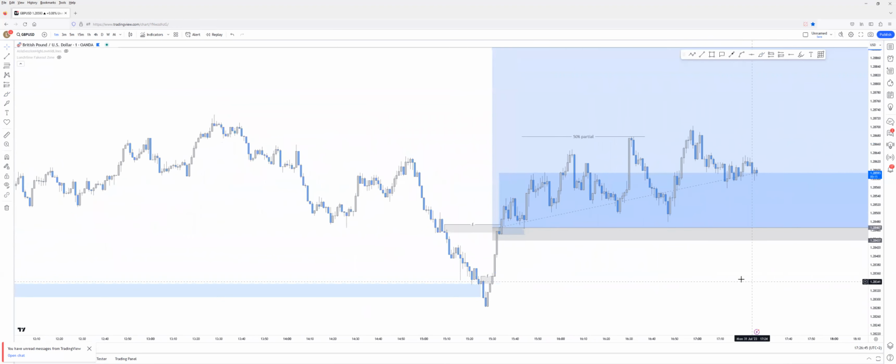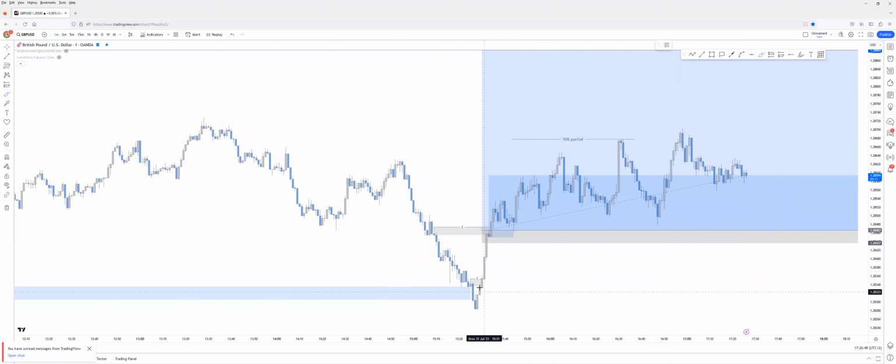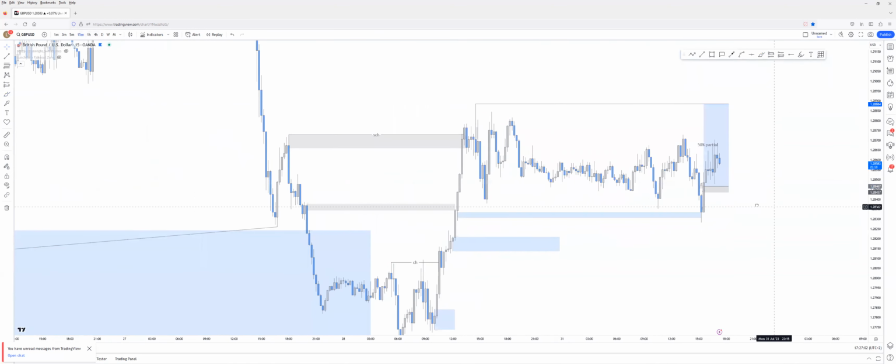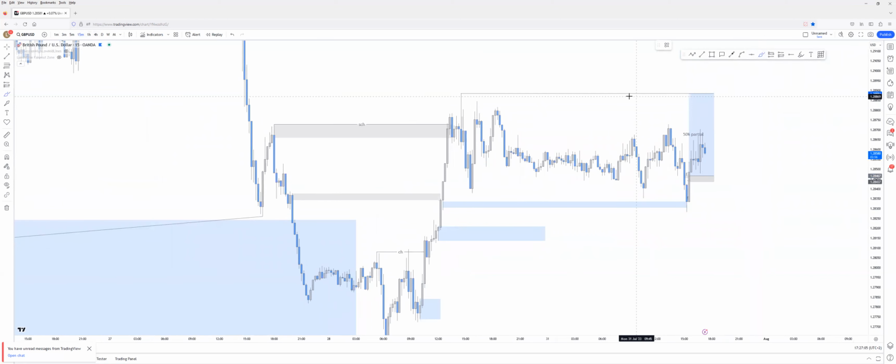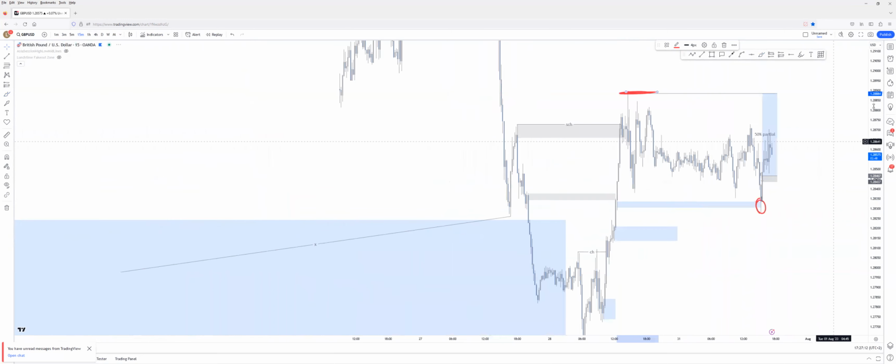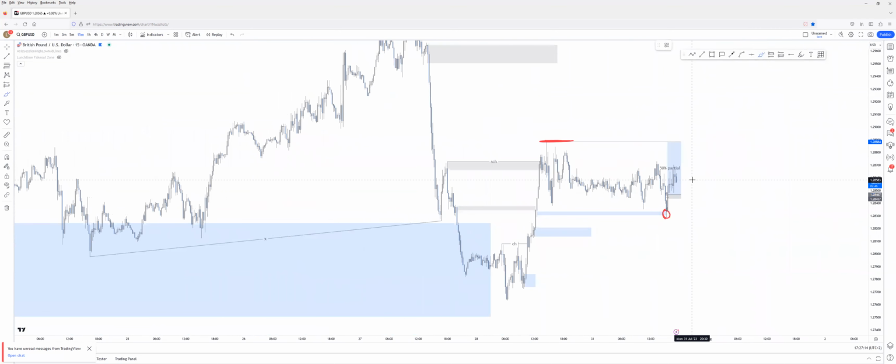Once again, the forecasted plan that I created for you was that if price mitigates this demand region and changes the character after the mitigation, then we will be able to take longs based on the character changing, flipping demand area, and we will be able to target the less recent 50-minute weak high point. And yes, I broke it down in the weekend forecast too: if price mitigates this demand, creates a change of character and the confirmation, we will be able to target this high point, because this is how the structure works. Usually after price mitigates a 5-minute demand, it will run up to the 50-minute high point,